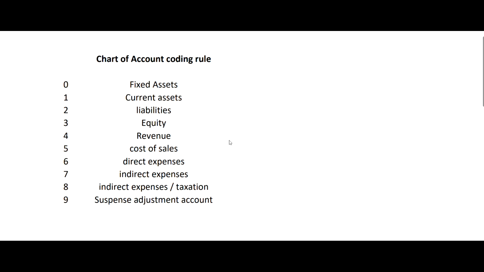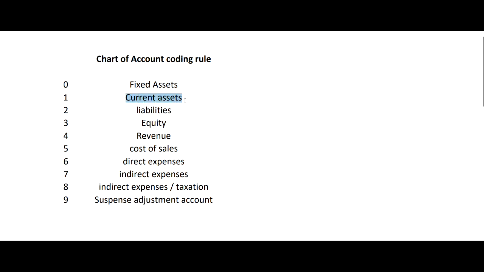When we open the Sage, we can see the chart of accounts. They have their own coding system, or rule you can say. In the Sage, they have a four-digit code for any particular account. So any accounts we create under the fixed assets would start with the zero digit, and anything with